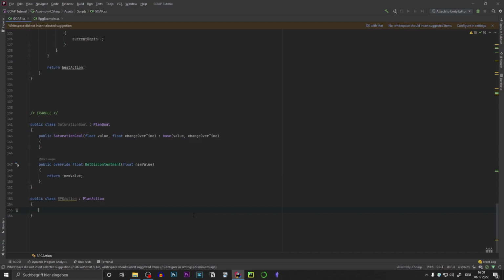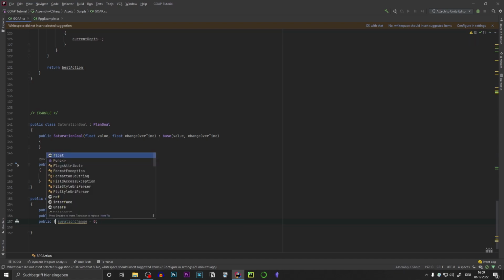So it's the meat piece change of an action, how our supply of meat pieces changes, how our supply of cooked meat pieces changes, and how our saturation changes. So we firstly have a public int meat piece change and set that to 0, as well as a cooked meat change, a saturation change, which will be a float,